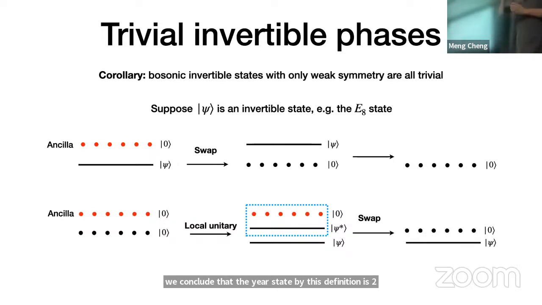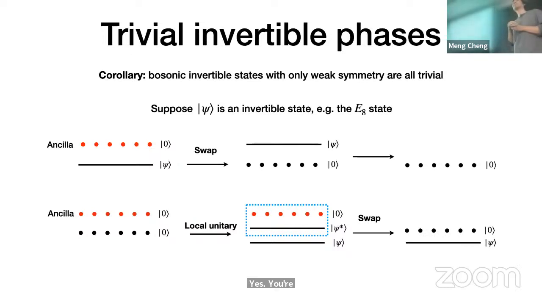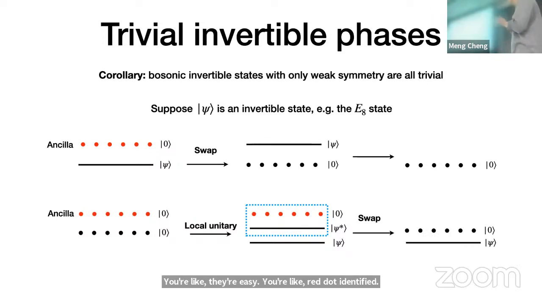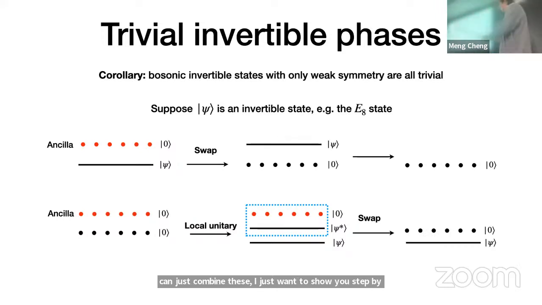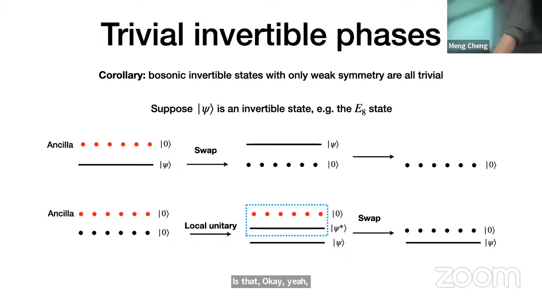Is there a reason you didn't directly use the unitary on the environment? You know what I mean? Is there a reason you didn't use the black and red dots to apply a local unitary, rather than first applying the local unitary within the black dots and then doing the swap? I mean, getting psi star directly on the red. I guess so. Okay, you could do that, but you can just combine these two as one unitary. I just want to show you step by step. Yeah, I can just combine all of them in one unitary. Sure.